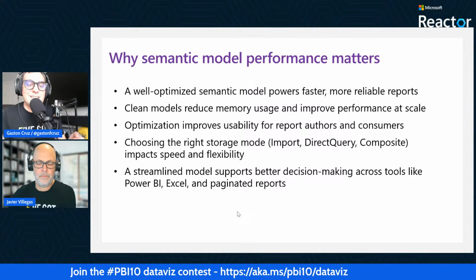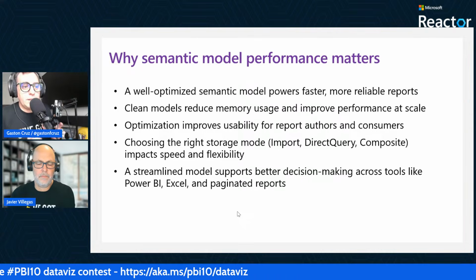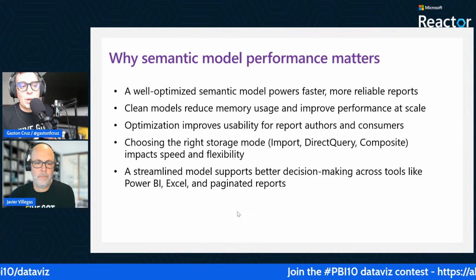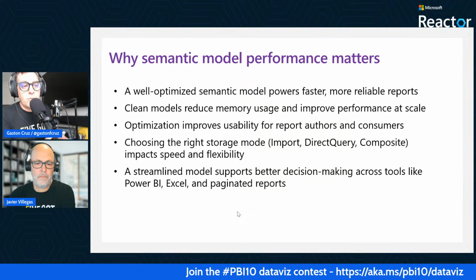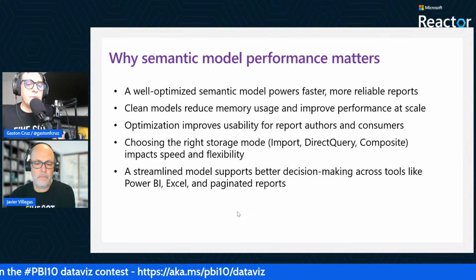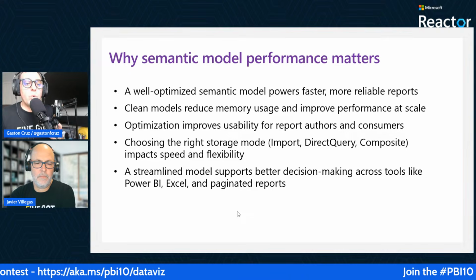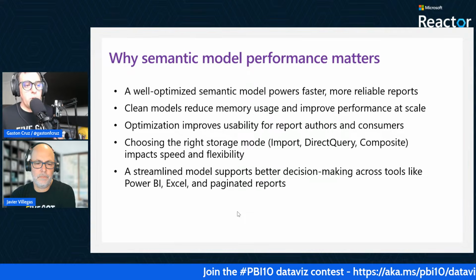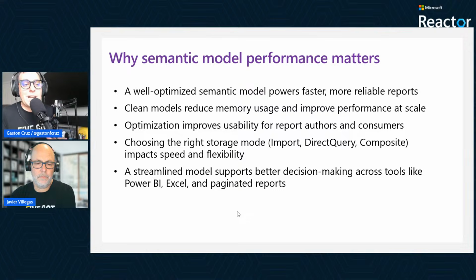The composite is a mixing between, hey, I need these tables, maybe dimension tables that are quite small. You cache everything in memory, and then the fact table or transactional table, that is where you have DirectQuery. So if you're combining DirectQuery and import, that means that you are building a composite model. Some of the tables are going to be cached in memory. Some of the tables are going to be hitting the data source itself. So that means that you can create that experience for the business users.